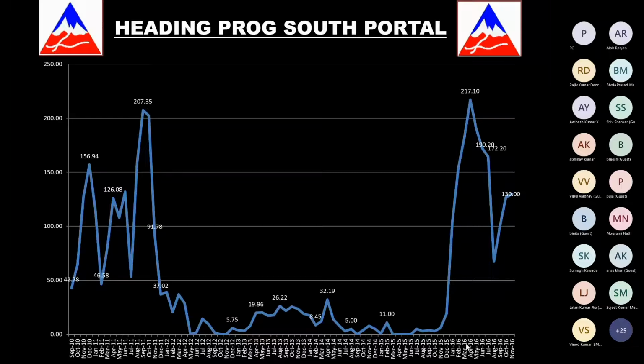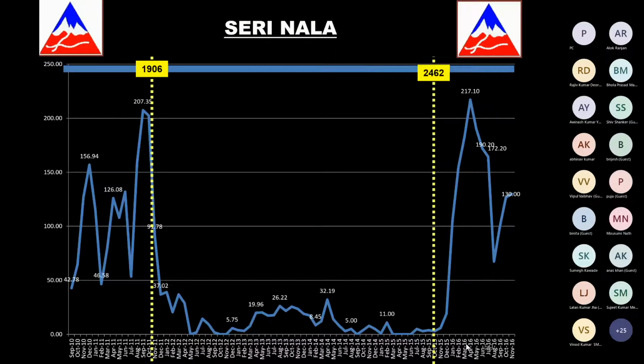And this continued for 4 years, from December 2011 to December 2015, where we took 4 years to excavate 587 meters. And you would not believe that this 587 meters of shear zone took us 4 years. And the balance almost 8.5 kilometers of the tunnel also took us 4 years. This is what poor geology can do to a tunnel.